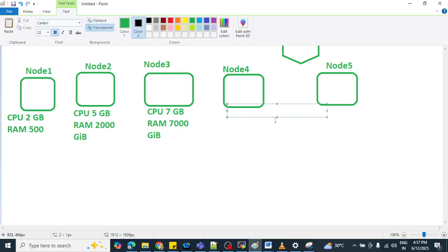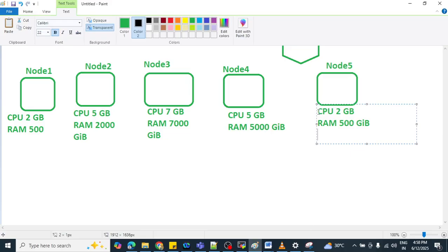The fourth one is 5 GB, and the maximum RAM that node can utilize is 5000 gigabyte. The last one is 10 GB and 10,000 gigabyte.